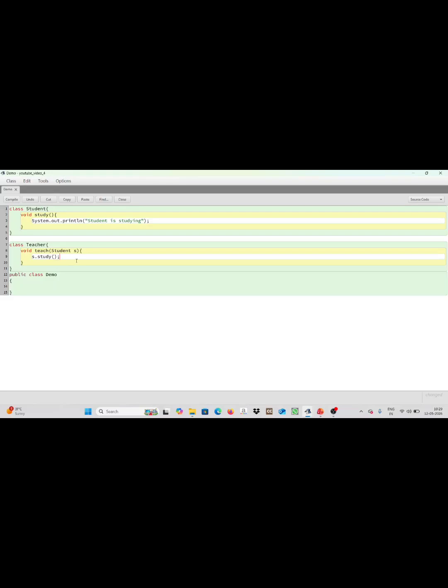So here only you would have understood that we are calling another object's function inside some other object. This is what message passing means. So here we will have public static void main, and here we will make two objects. One would be student s1 is equal to new student,